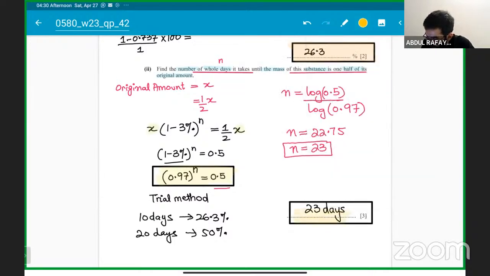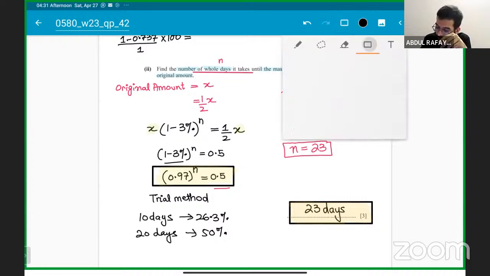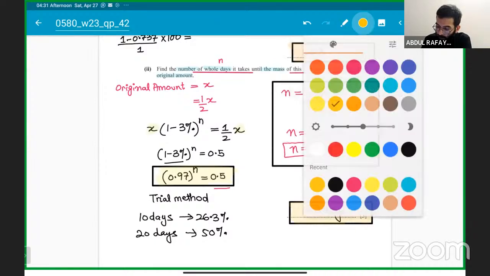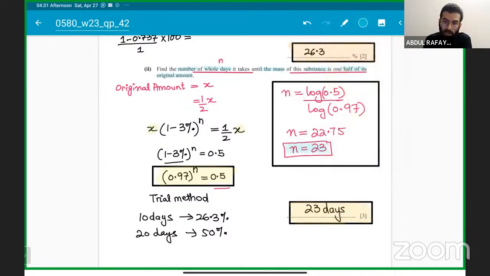तो ये हो गया एक लॉग वाला मेथड। ऑल्टरनेटिव मेथड जो एड मैथ्स पढ़ते हैं उनको क्लियर होगा, या नहीं पढ़ते तो मैंने समझा दिया, ए लेवल में आता है। जो ए लेवल मैथ्स लेंगे उनको एक आइडिया हो जाएगा। तो एड एक्सेल में लें या कैमरेज में लें, तो एक ही बात है। 23 डेज इसका आंसर आ रहा है। नहीं समझ आया तो कोई मसला नहीं है, अंदर जाने की जरूरत नहीं है क्योंकि ये सिलेबस का पार्ट नहीं है। मैंने सेफ मेथड बता दिया, याद कर लें इसको। ये वाले नंबर को लॉग करके डिवाइड करेंगे, ये वाले नंबर के लॉग से, सिंपल।